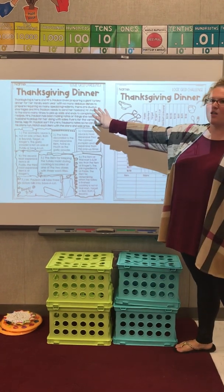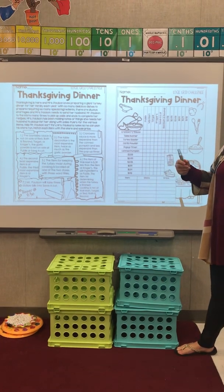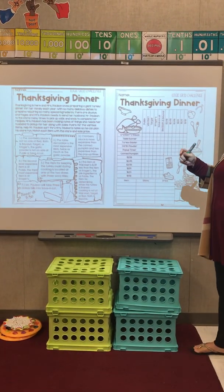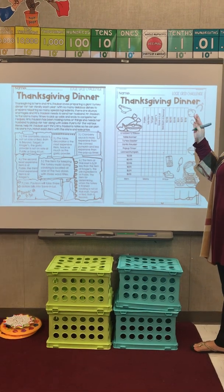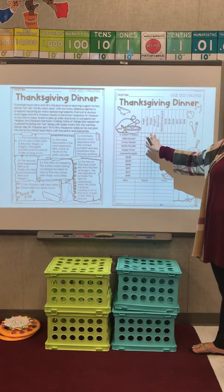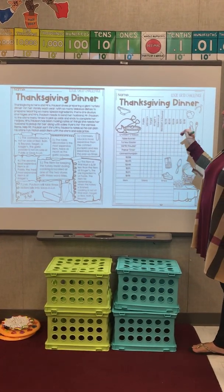This problem is all about a wife trying to make Thanksgiving dinner, and she runs out of things, and she's sending her husband to get stuff at the store. He is trying to pick up 6 different items from 6 different stores. He has to get the cheapest item, the cost for the cheapest item at that store. So we're trying to figure out for the cranberry sauce, which store does he go to and which store has